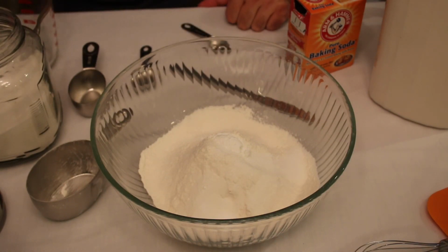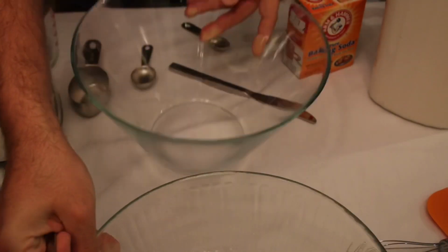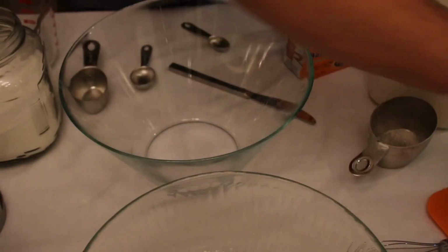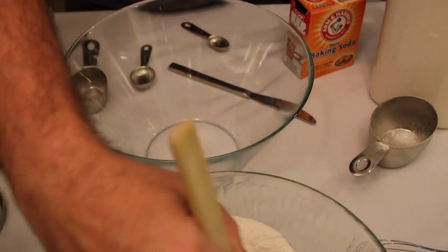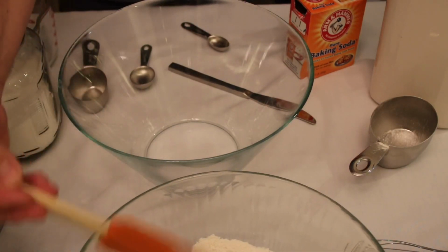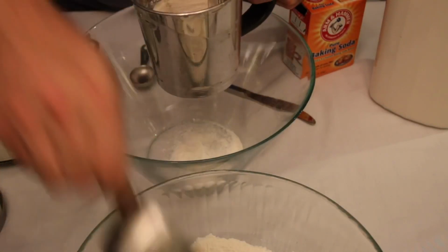So all I'm going to do now is take my 1 cup scoop and just filter it back through the sifter. It'll help all the ingredients introduce themselves. I'll just take a quick blend with my spatula, and again, just sift all those ingredients back through